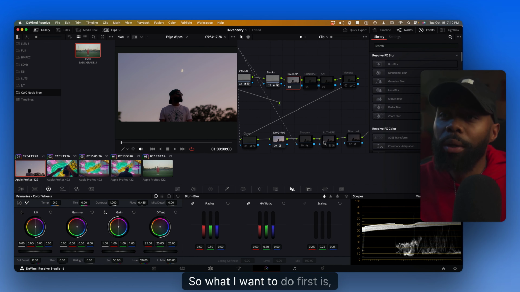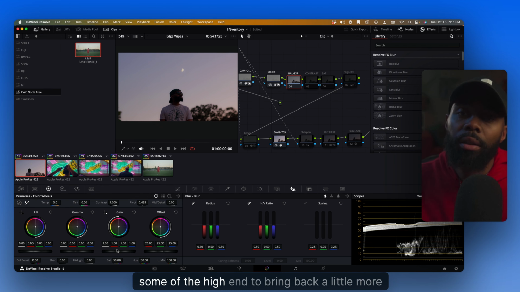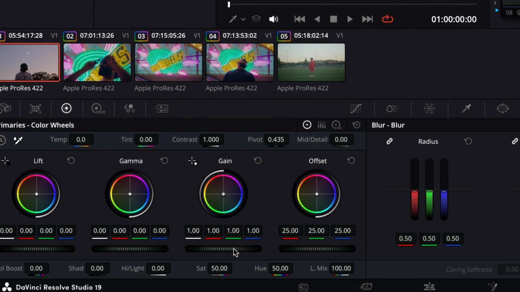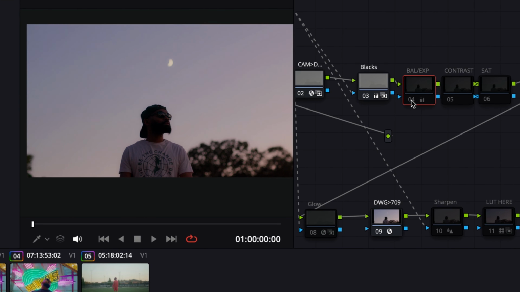So what I want to do first is lift some of the high end to bring back a little more light. I'll use the offset wheel and I'll lift it just slightly, ever so slightly. And then I'll bring down the lift or the shadows even more to create a little more contrast. I'll probably bring it down here. If I toggle this on and off, it's a very subtle adjustment because I didn't want to go too crazy